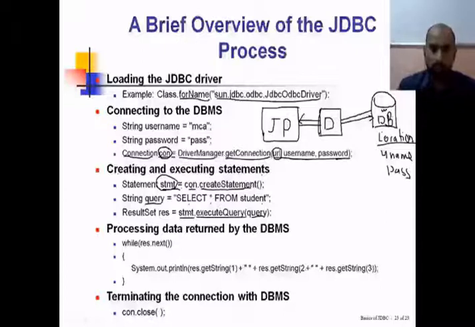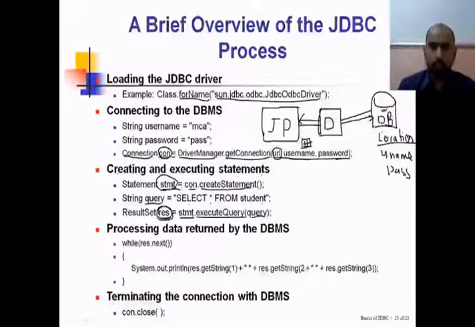And the result which is returned, when we execute a select query, is usually in terms of rows and columns. So that result is stored in one more object, called the ResultSet object. The ResultSet object is like a virtual table which keeps information in rows and columns. As I have said, the select statement always returns the result in rows and columns. To store that particular result, we need a special type of variable, and that special type is called ResultSet.